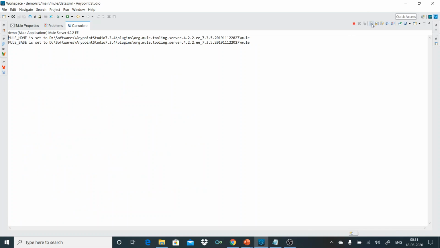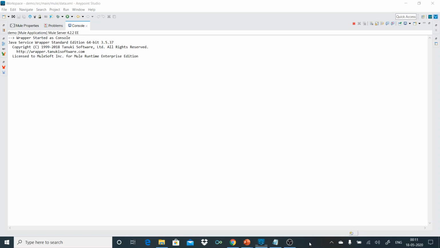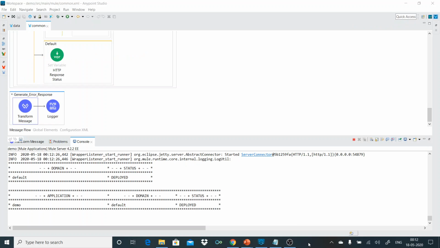So it might take some time to start. So the application has started. Now let's go to the browser and try to hit the API.